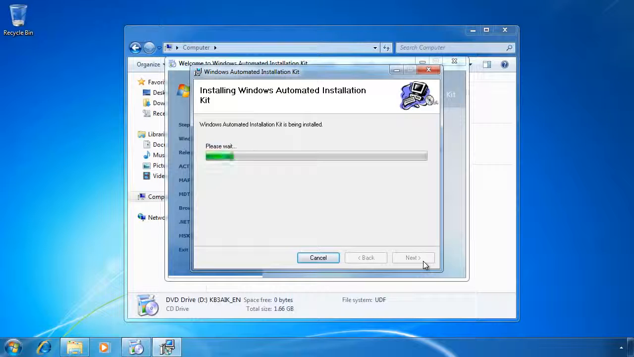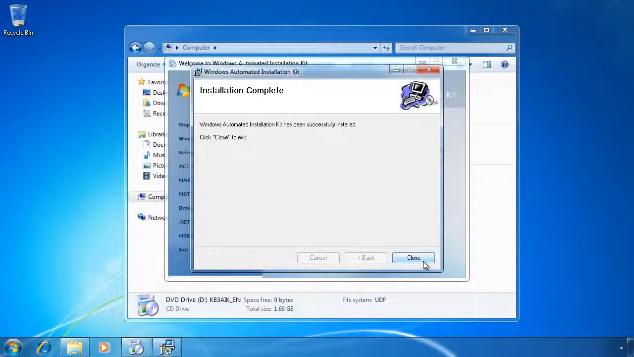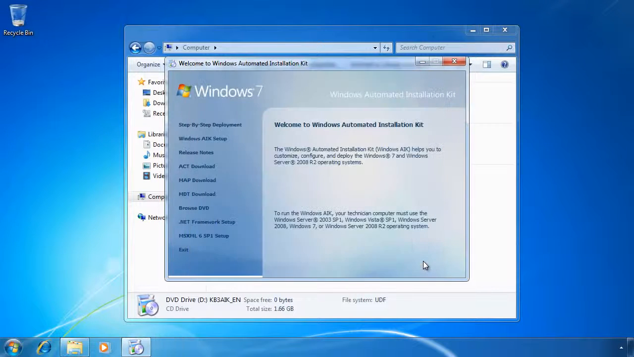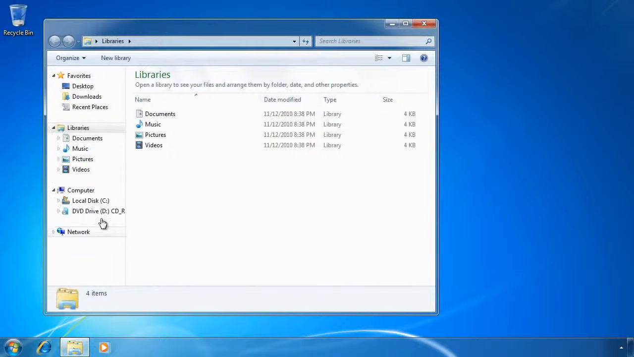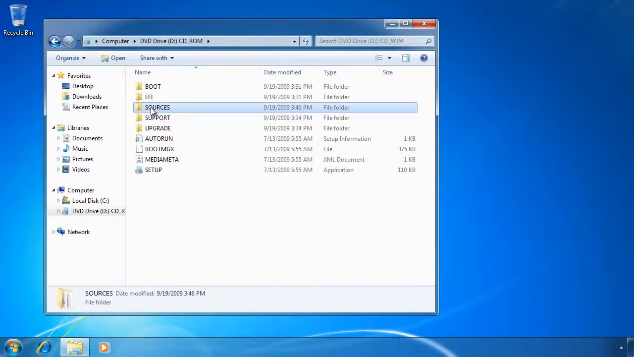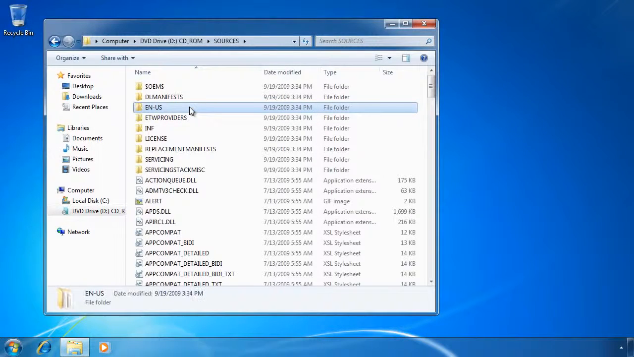You will notice that I am installing this on Windows 7. However, I could have installed on Windows Vista or even Windows XP. The choice of operating system used to create the answer file is irrelevant when creating the answer file. Once installed, the next step is to insert my Windows 7 DVD, browse to the directory Sources, and then in the Sources directory, locate the file